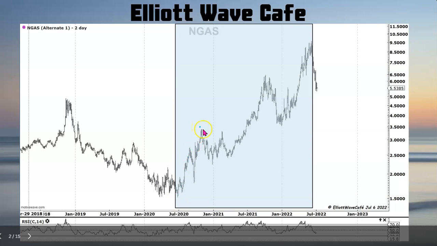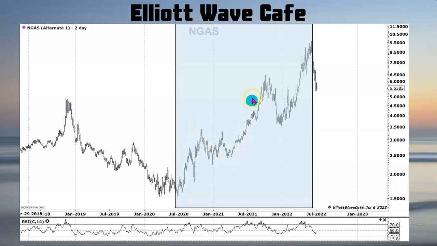Then you're pulling back here in a second wave, and then you have a large third wave. Then you do a fourth. See in here, wave 4 never makes it into the territory of wave 1, and then you push up higher, and you're starting to create a fifth wave. And then this last sequence here is the one that drew my attention a lot, and I started to talk a little bit about it, I think on Twitter and in my videos, and I talked to my members, and I said, listen, natural gas is a market that we need to pay attention to,